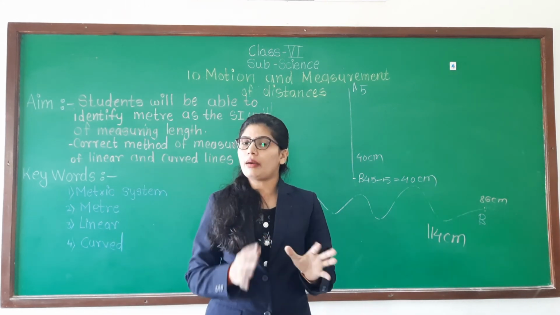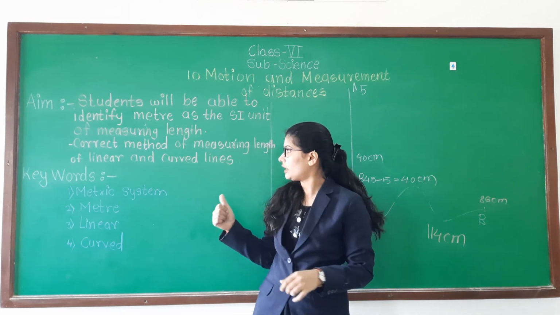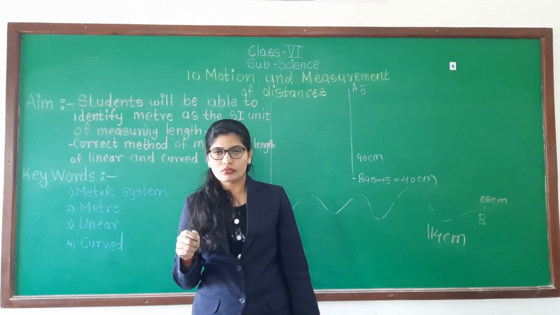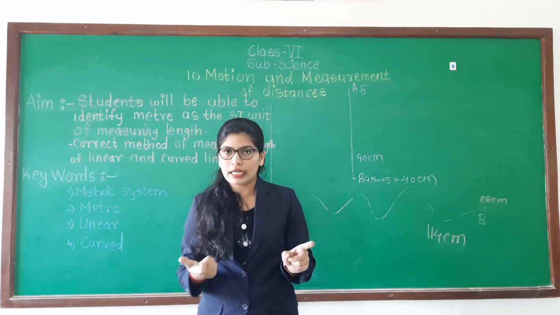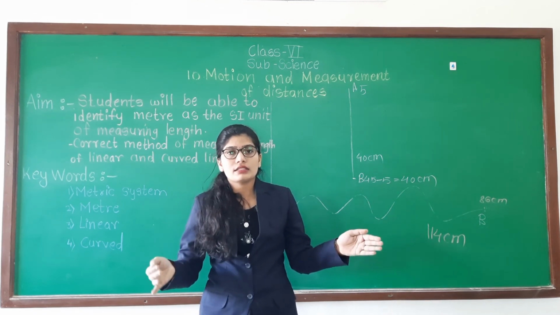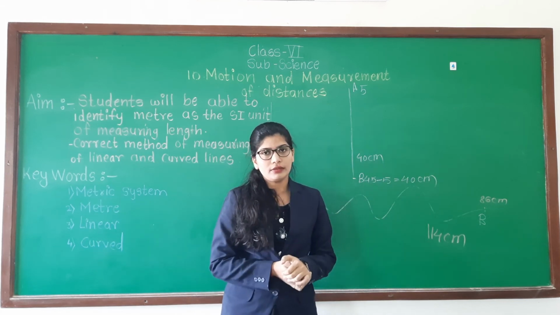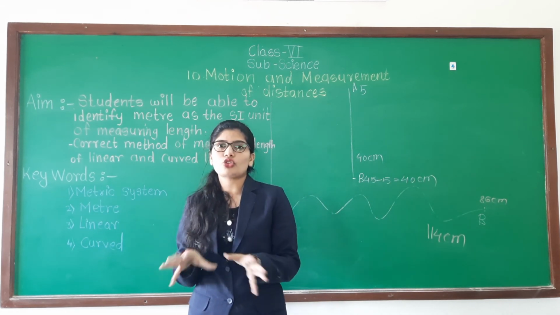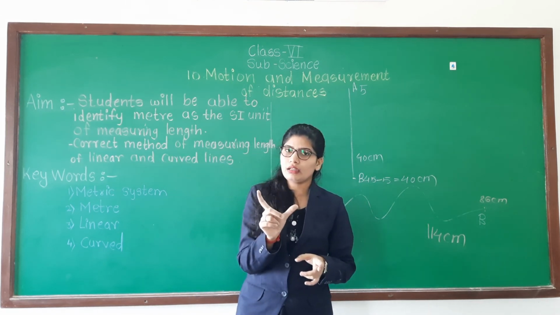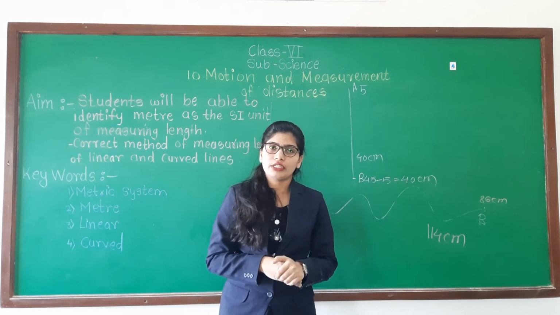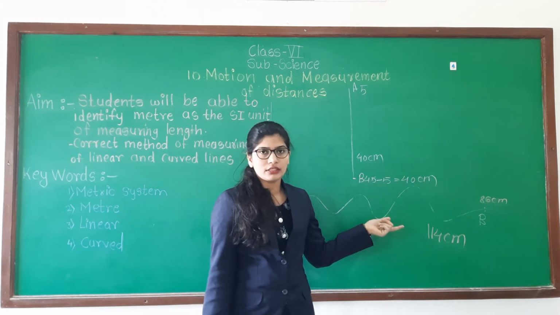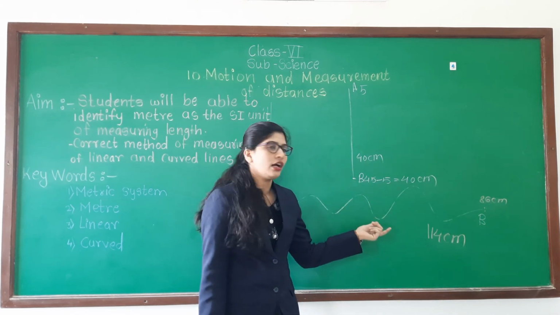So like that we have completed our session. In this session we have learned about the units of measuring length. Okay, in which unit we are actually measuring the length. That we have learned, that meter is the SI unit of length. When we are considering more distance, that is kilometer, and when we are considering geometrical shapes and your maths and all, we are using the small scale that shows the centimeter. So like that we take units according to the distance. Then we have learned the correct methods to measure the linear line and curved line.